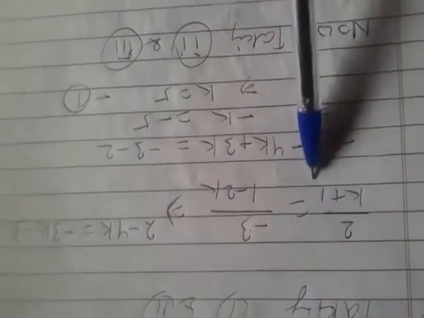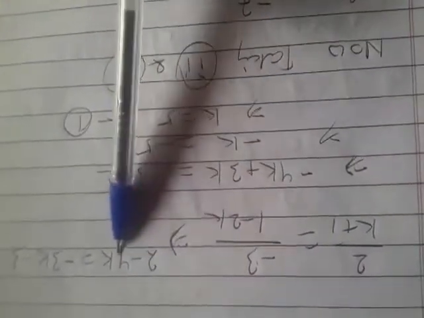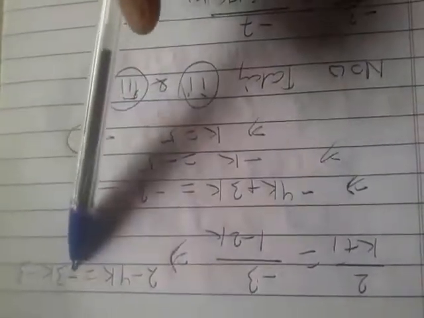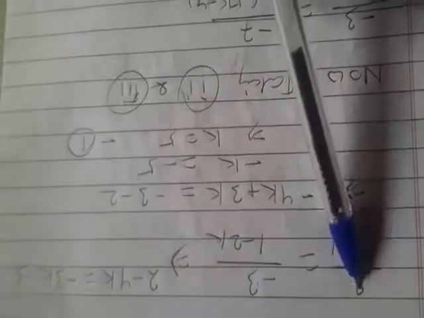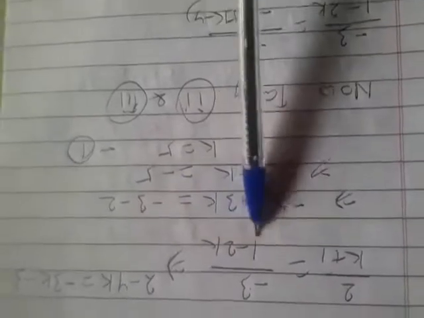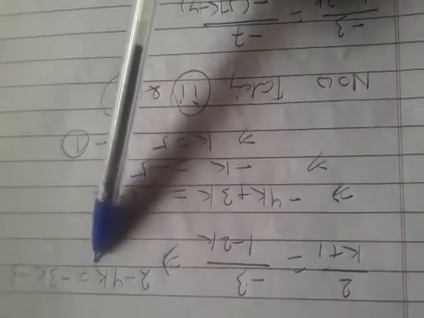and by taking these two together we have obtained 2 by (k plus 1) is equal to minus 3 by (1 minus 2k). By doing the cross multiplication we get 2 minus 4k is equal to minus 3k minus 3. This minus 3 is multiplied to each term of k plus 1, which will give you minus 3 into k, equal to minus 3k, and minus 3 multiplied to plus 1 will give you minus 3. Similarly, 2 will be multiplied to each term of 1 minus 2k. 2 when multiplied to 1 becomes 2, and 2 when multiplied to minus 2k becomes minus 4k. Now we will simplify it.